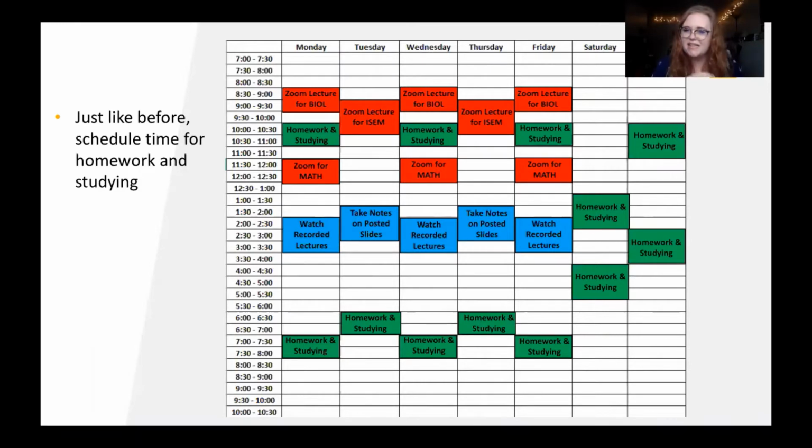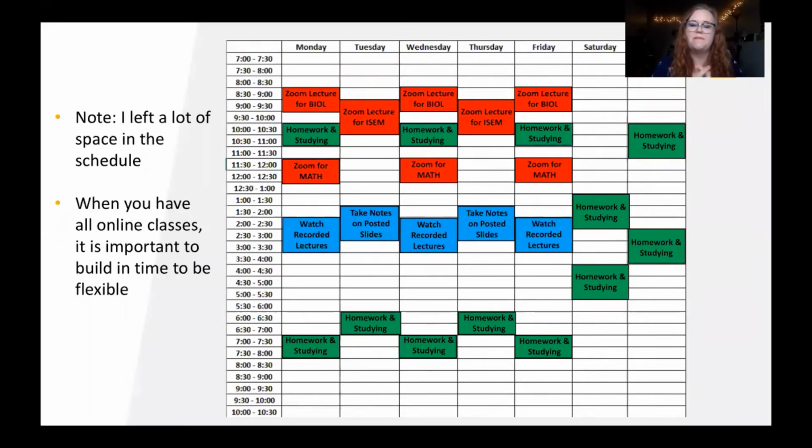And you can see that I put quite a bit of flexibility in those, and that's another critical thing. So leaving a lot of space allows for events that might pop up, right? Maybe you suddenly have to provide childcare for your family, or you get called into work, or your parents need some help at home, or a friend really needs your help, or life happens. So incorporating that schedule early on can help reduce stress later when things come up.